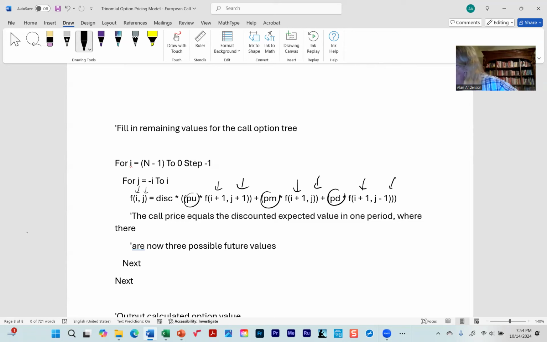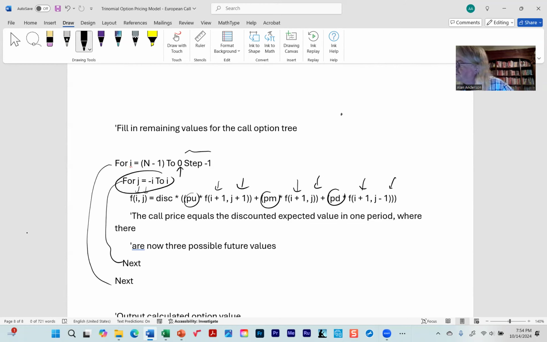The loop, if you notice, is going backwards from the future to the present. It stops at zero, which is today. It starts at n minus one because n itself is where all the payoffs are. It works its way backwards. You notice how we also need a next statement for each of these for loops. And within each time step,